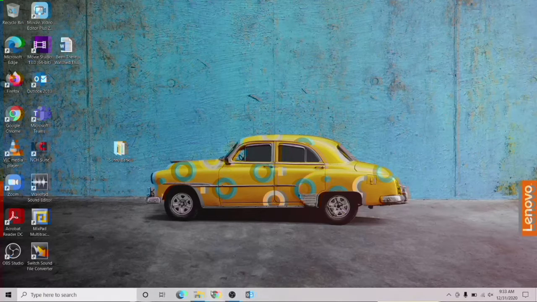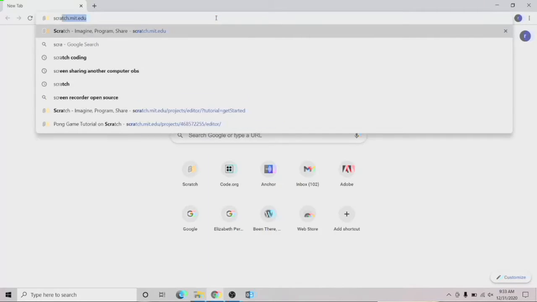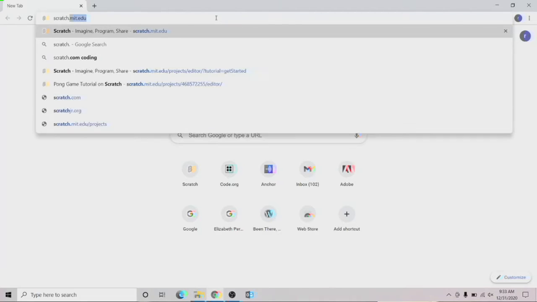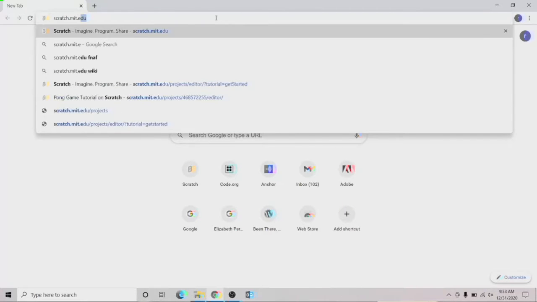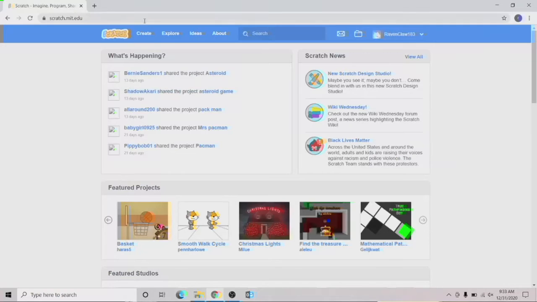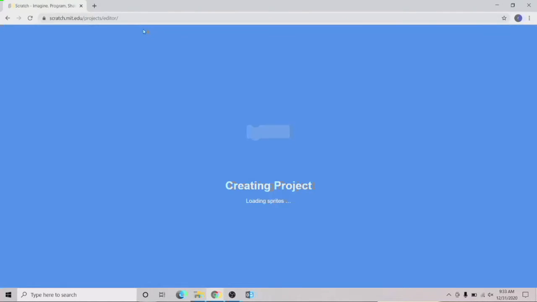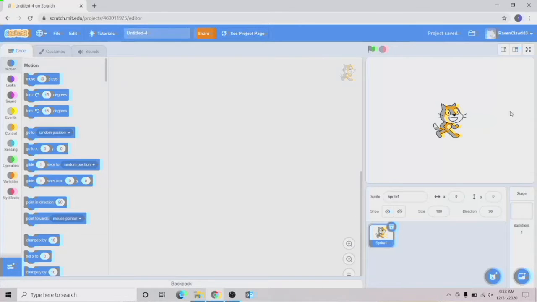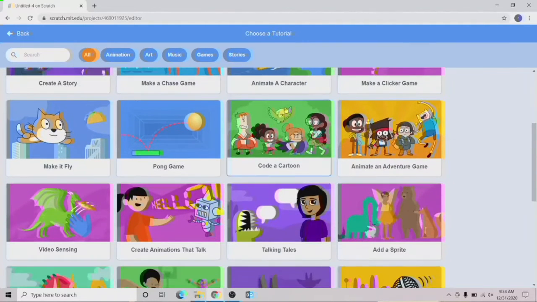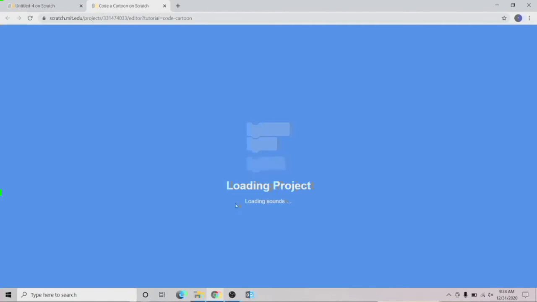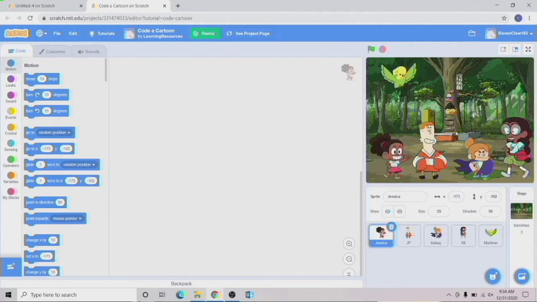Now first, when we open up our device, we want to go to Chrome, type in scratch.mit.edu, go over to the Create tab. Now instead of just working with a blank slate and a blank sprite, we're actually going to go up to the tutorials, scroll down to code a cartoon. This will load us up a tutorial video, which we're not going to watch, and it will load us up